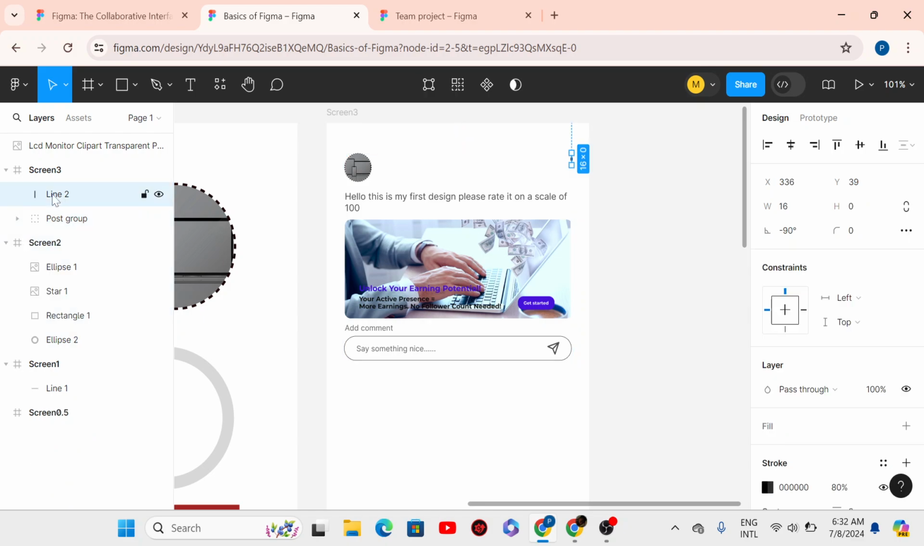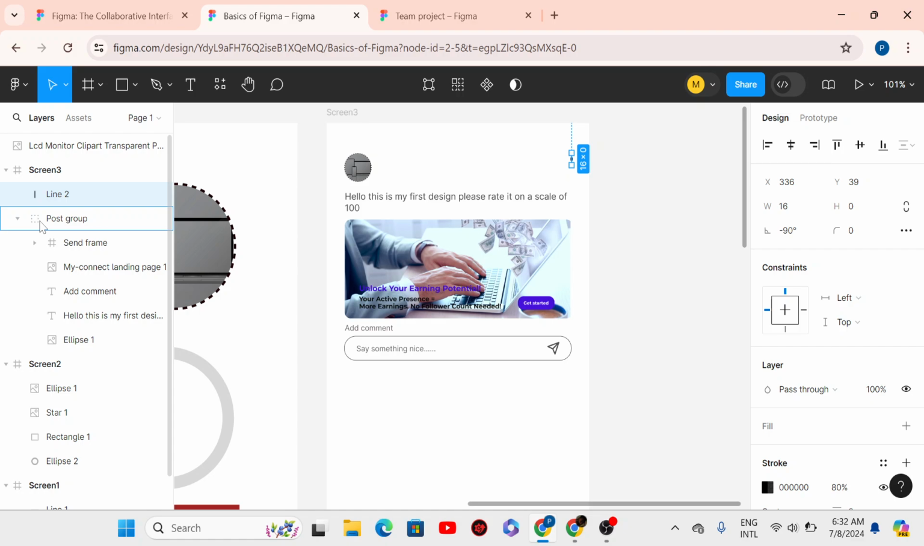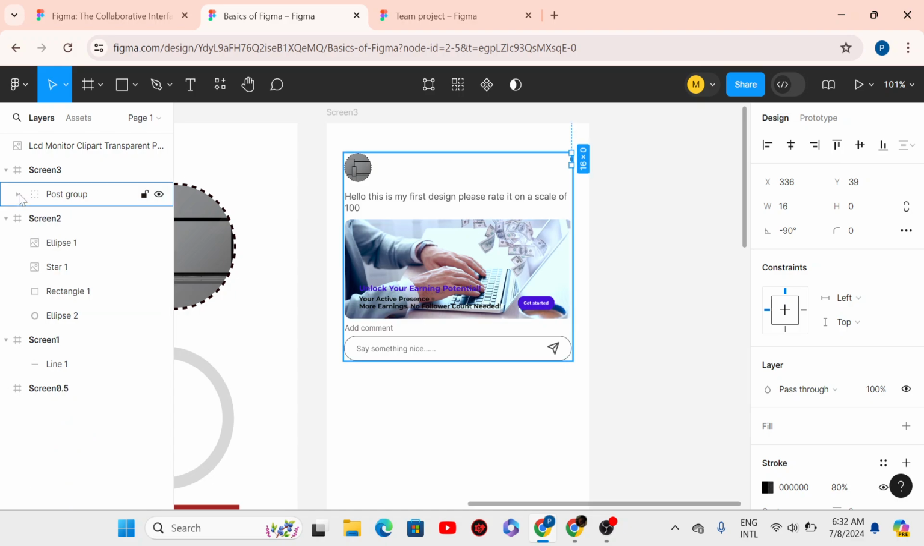Here the line is not inside the group, so if I'm moving this post group, I'm not going to be moving the line with me. What I'm going to do is simply locate that particular line in my layer panel and then drag it. Just hold it and drag it. Make sure that once the post group is highlighted, you release your hand so it is inside that group. Now that it's inside the group,